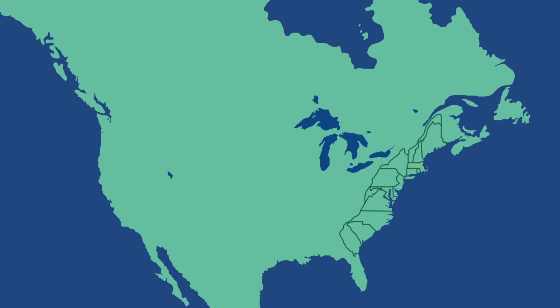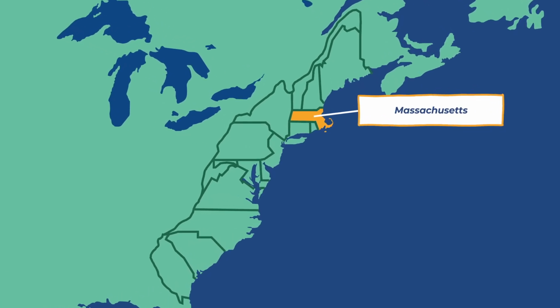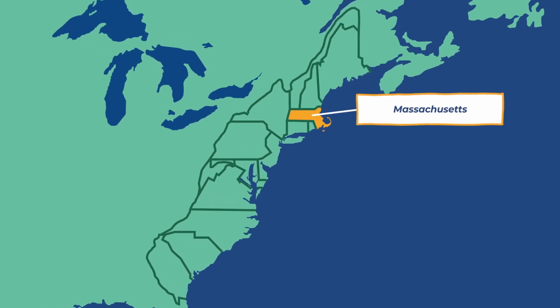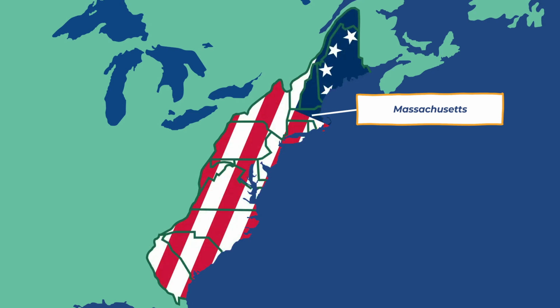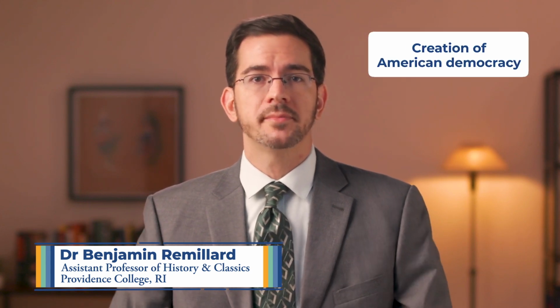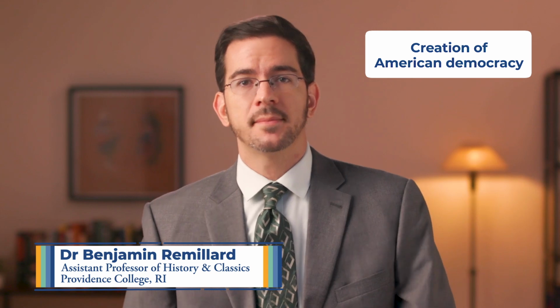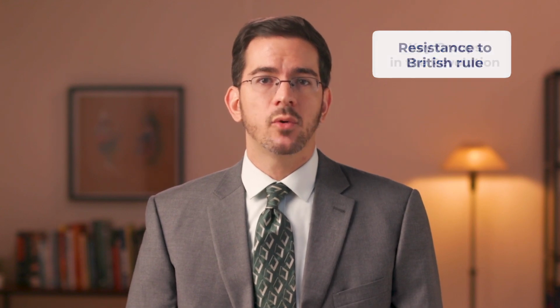One of the original English colonies, Massachusetts became one of the first to rebel against Great Britain, contributing to the birth of a new nation, the United States of America. In this video, we'll discover how Massachusetts played an important role in the creation of American democracy. We'll examine the leading role Massachusetts took in the push against British rule, and take a look at how women, indigenous peoples, and free and enslaved Black people all played a role in the American Revolution.